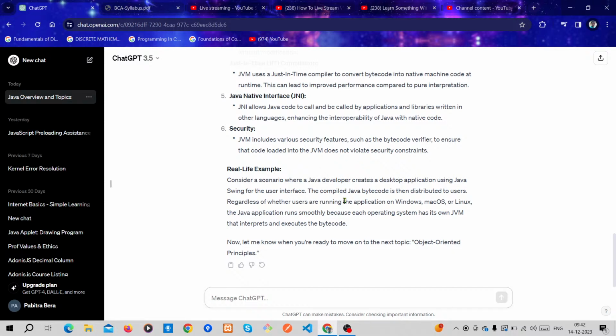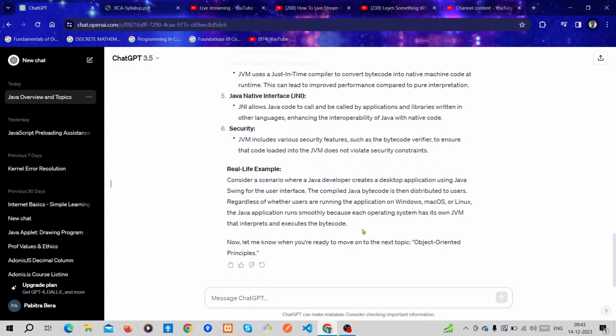The Java compiler compiles the Java code into bytecode, which is then distributed to users. Regardless of whether users are running the application on Windows, Mac OS or Linux, the Java application runs smoothly, because each operating system has its own JVM that interprets and executes the bytecode.